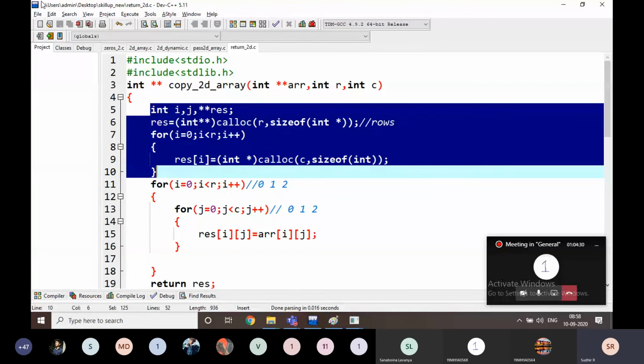Copy the code. This is also one program, where I am going to copy a 2D array into another 2D array.